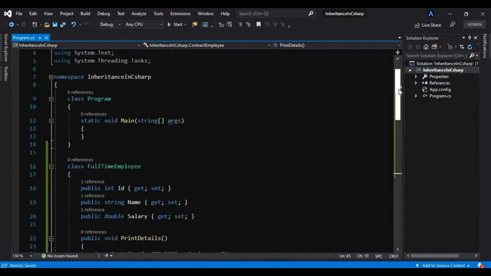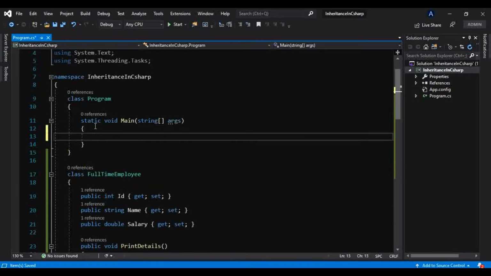Now let's create objects of both classes.